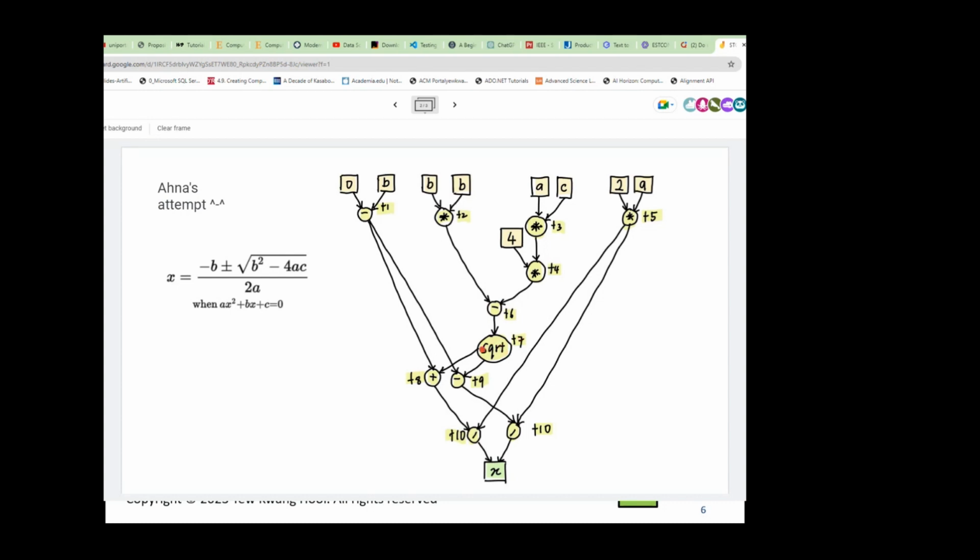So after she takes the square root, this is where the parallel operations come in. The first one is plus, the second one is minus. So you want to put T8, T9, or T8, the other way is fine. So T8, she plus, and then T9, she minus. Okay. And then the parallel action is that she will divide both of them, both the answers,